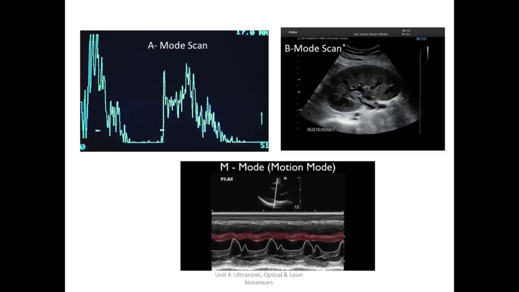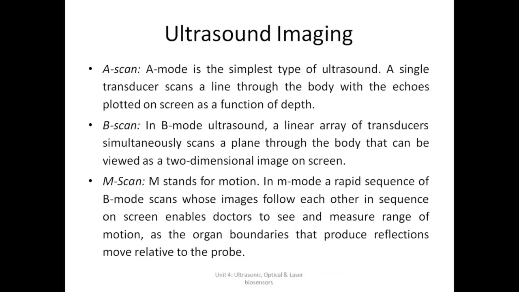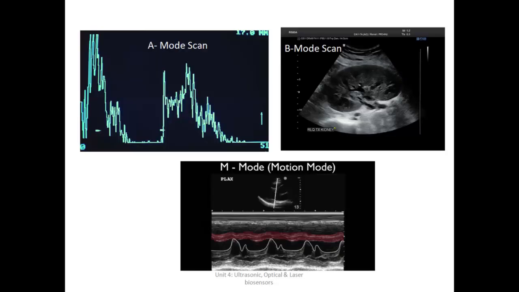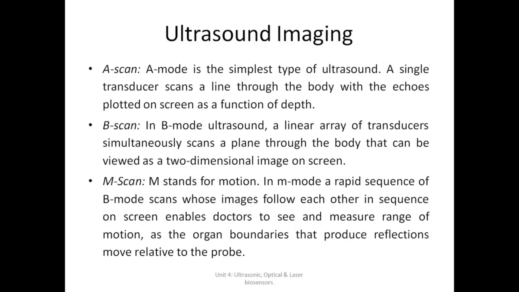If I show you the first figure, that is the A mode scan. This is a one dimensional scan. You get only one value, just like one single graph. This is basically the echoes as a function of depth, right? Depth over here will be distance, of course. So A scan mode is where you have a single transducer. The wave goes, strikes the surface and comes back, and it's a one dimensional graph which gives you only one piece of information at a time.